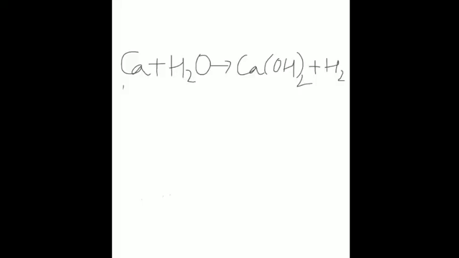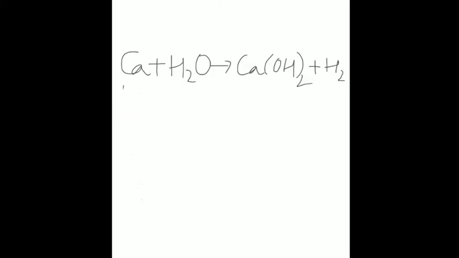Now over here you can see that the reaction is calcium reacts with water to give you calcium hydroxide and hydrogen. Is that clear? This is the skeletal equation. Again, how has this formula been written? Calcium has a valency of +2, or you can write it as 2, and the hydroxide radical has a valency of 1. So the valencies get interchanged, and that is how you write the formula of calcium hydroxide.